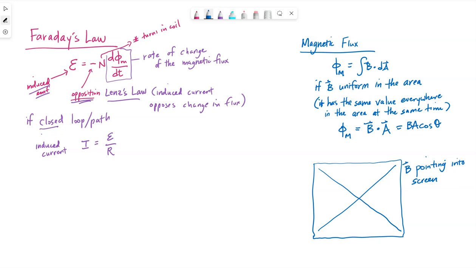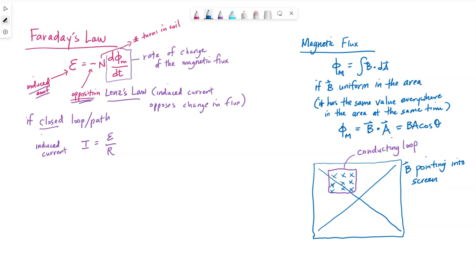I'm just saying there is a field everywhere in this area that points into the screen. So if I had some sort of loop, my loop doesn't have to be circular, but this just needs to be a conducting loop. As long as this magnetic field is the same value everywhere in here,